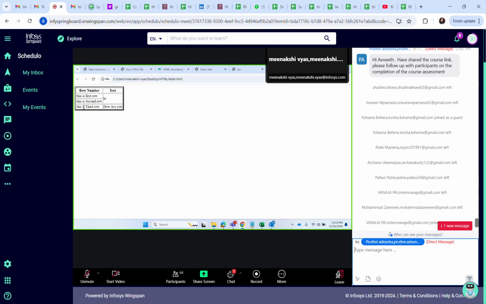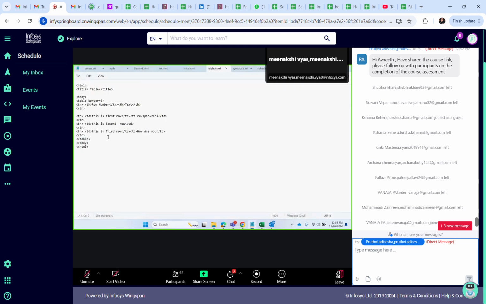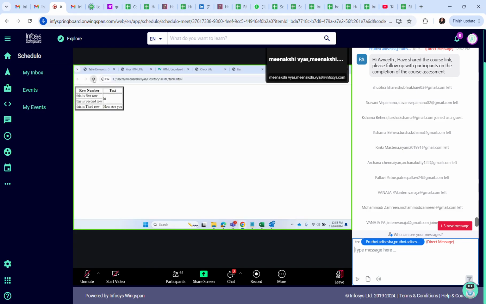Yeah. Now if I want to merge these two columns, I will write colspan. So this is the third row. I want to merge this column, so I'll write colspan equal to 2. So 2 means I am merging two columns. If there are more than two columns, I can merge and I can make it. Can you see? These two columns are created and this space is extra space within the table.